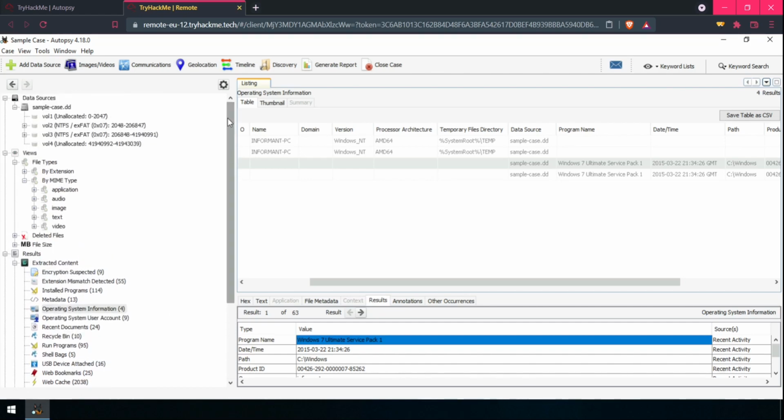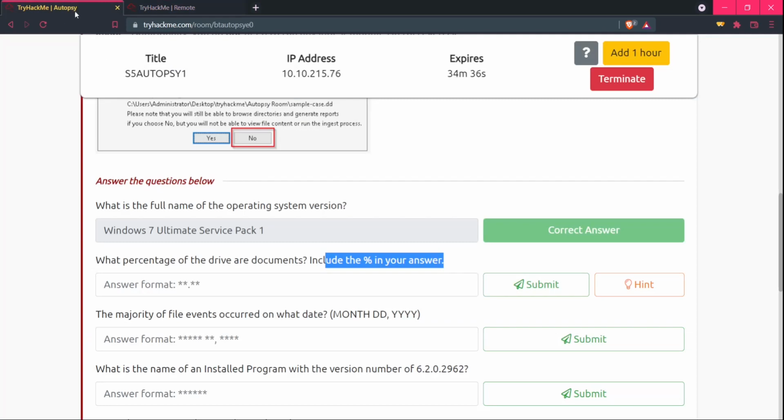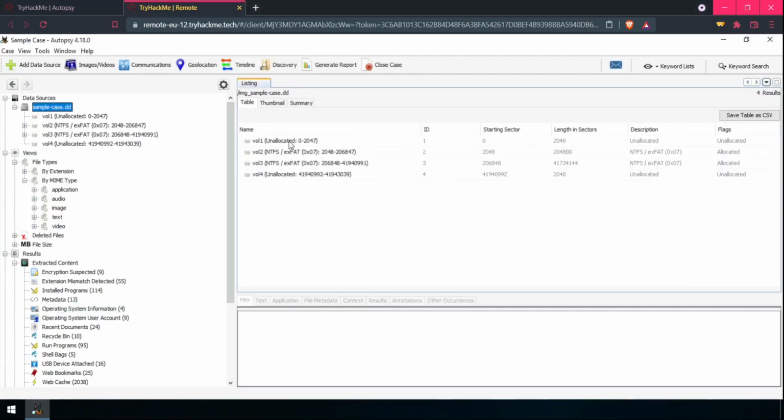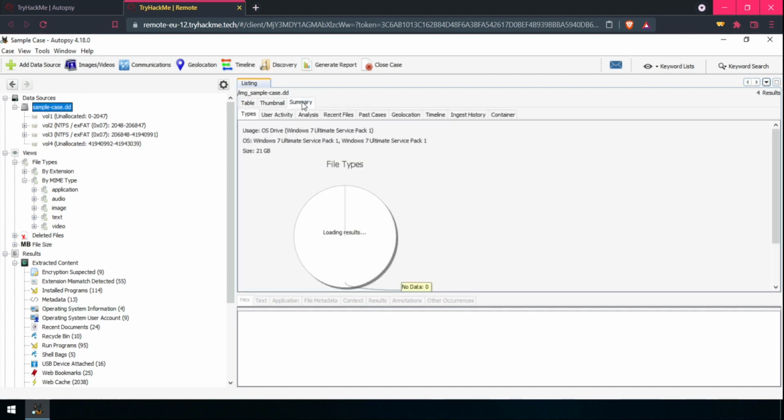In order to go over the next question, which is related to the drive, we need to analyze what percentage of the drive was documents. So we will go over to the summary section.